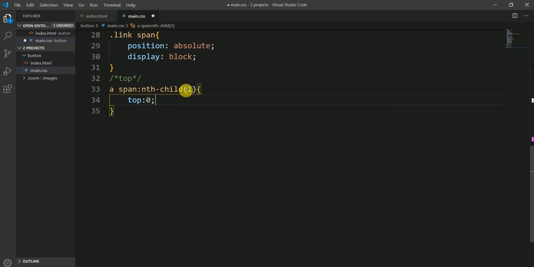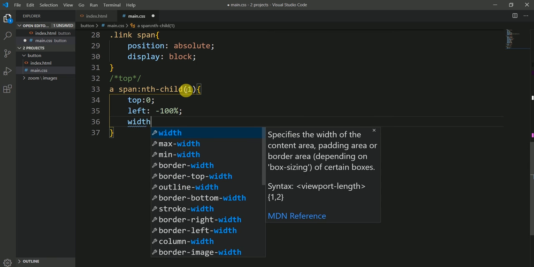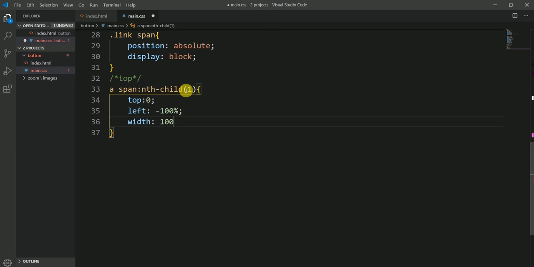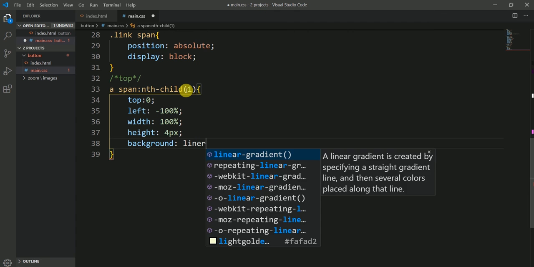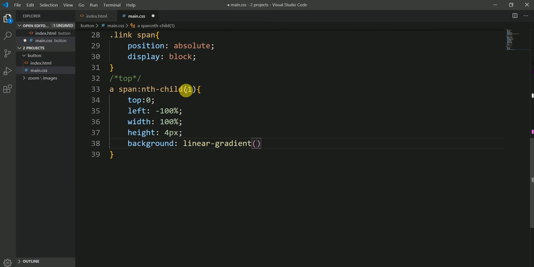0, left minus 100%, and width would be again 100%, height would be 4 pixels, and then background linear-gradient, and I want to go with 90 degrees, and then transparent. Spelling of my transparent, okay, transparent,